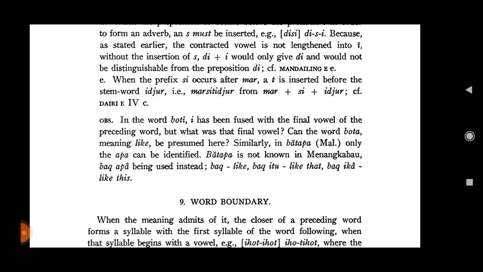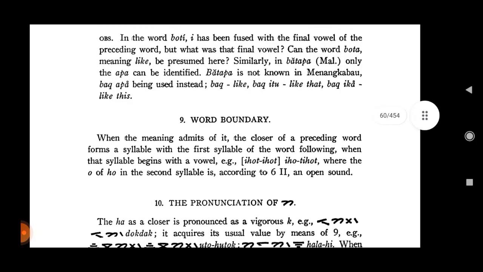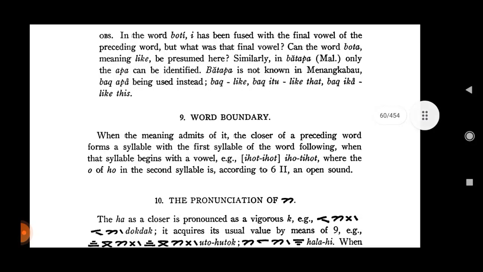In the word boti, it has been fused with the final vowel of the preceding word. But what was that final vowel? Can the word bota, meaning like, be presumed here? Similarly, bata pemal, only the apa can be identified. Bata is not now in Minangkabau, bak apa being used instead: bak like, bak itu like that, bak ika like